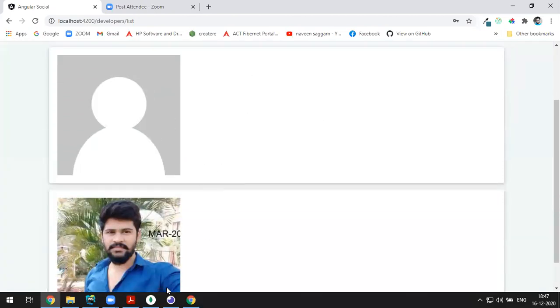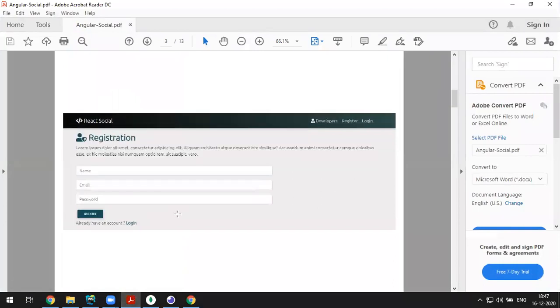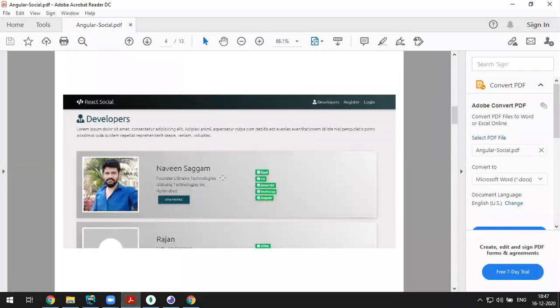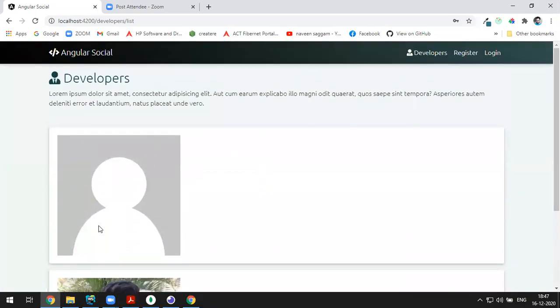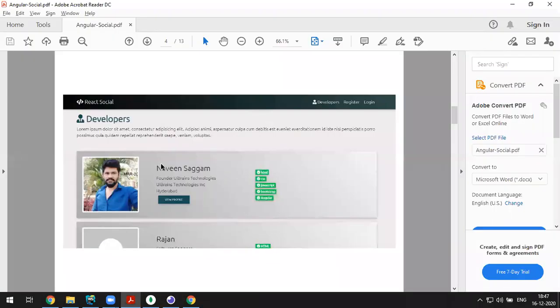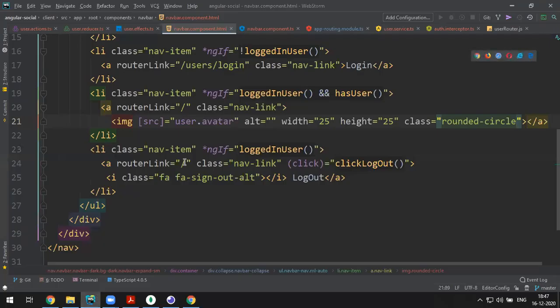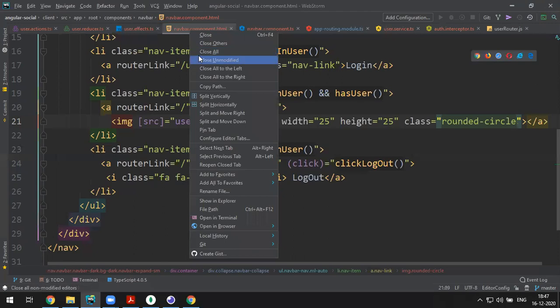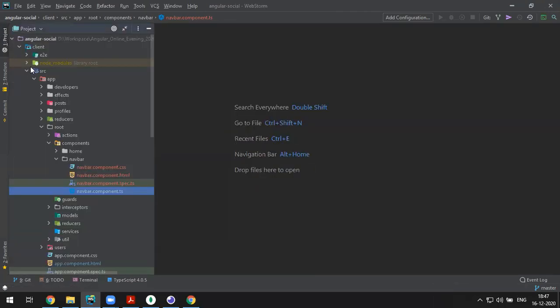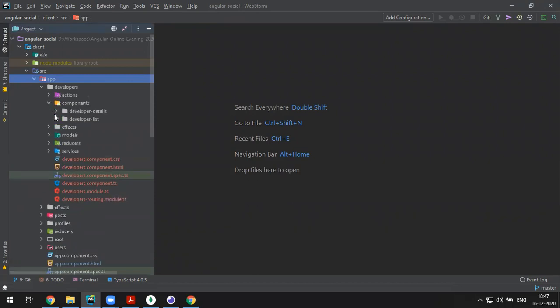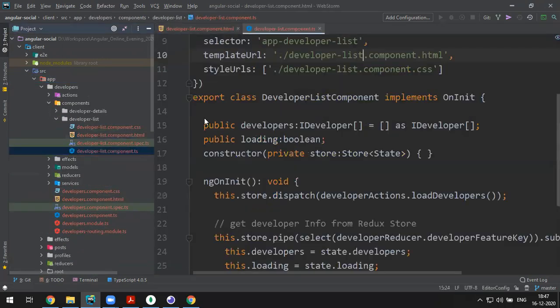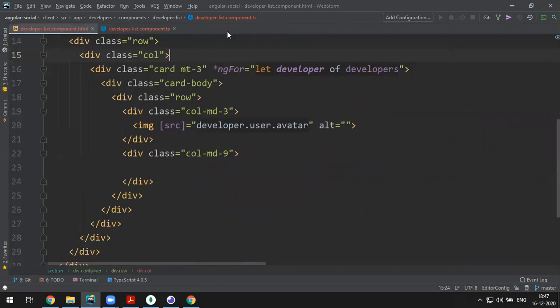So let me design this based on this part. Okay, so here, first of all, I don't want this much bigger image. Let me reduce that. I can close all the things. So login system is done. So let's move on to developers, components, developer list, HTML and TS file. Okay. So in HTML